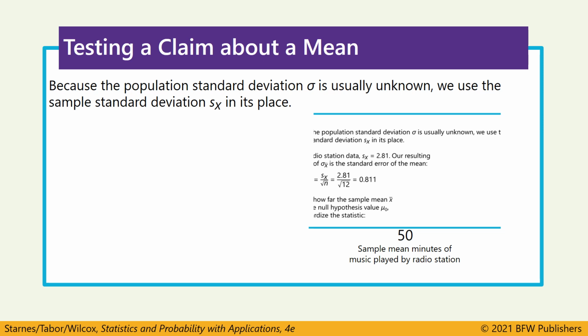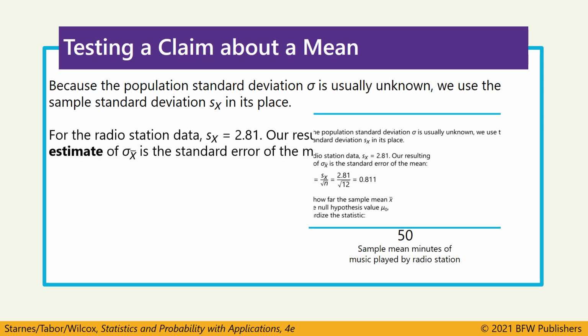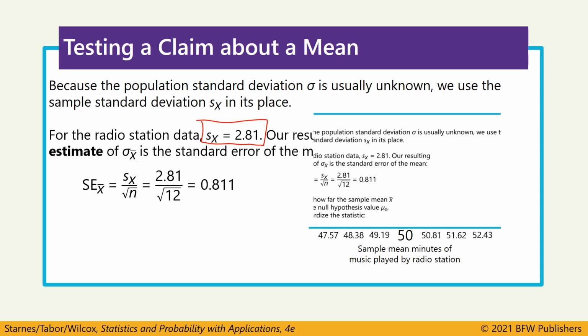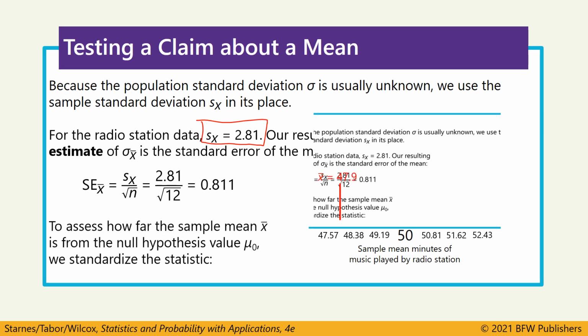However, we still need a standard deviation for our curve. So instead of using sigma, the standard deviation of our whole population, we're going to use the standard deviation of our sample, the 12 values that we collected when we actually tuned to this radio and kept track of how much music was playing. So instead of sigma over radical n, we would do s over radical n. And again, this s value, that 2.81, is just the standard deviation of the 12 values in our sample. Now, based on that, would it be unusual to get a sample result of 47.9?